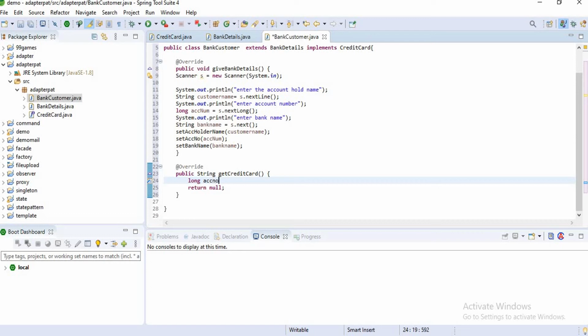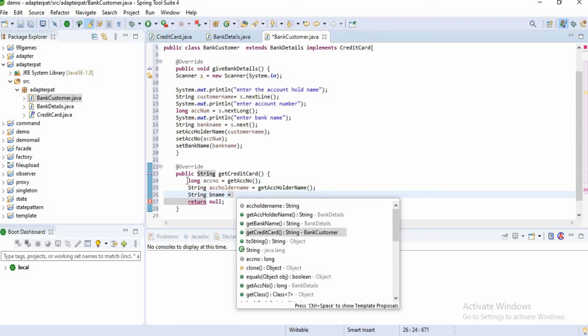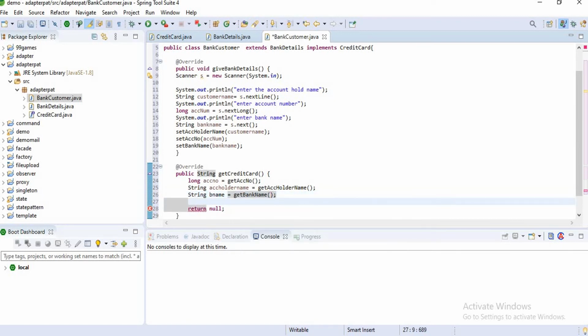Long account number equal to getAccountNumber, and string account holder name equal to getAccountHolderName, and the remaining one is string bName equal to getBankName. Okay, and here I want to return